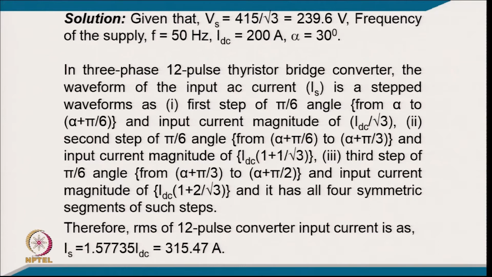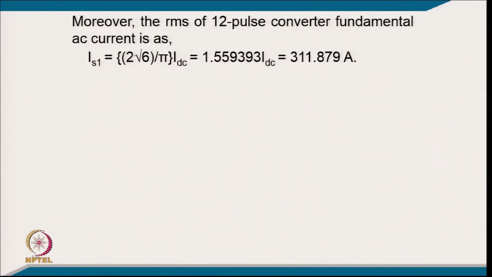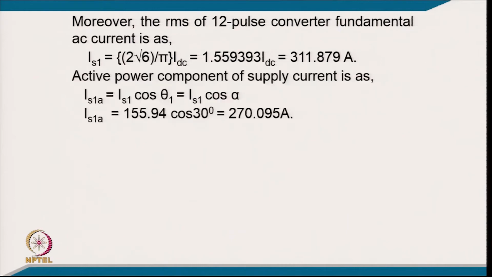So, therefore, the RMS current of the 12-pulse thyristor converter will be 1.55735 IDC, that is 315.47 ampere, and moreover the RMS of the 12-pulse converter fundamental current will be equal to 2 root 6 by pi into IDC, that is 1.559 into IDC, that is 311.879 ampere, and the active power component of supply current will be IS1 cos theta 1, that is IS1 cos alpha. So, it comes like 270